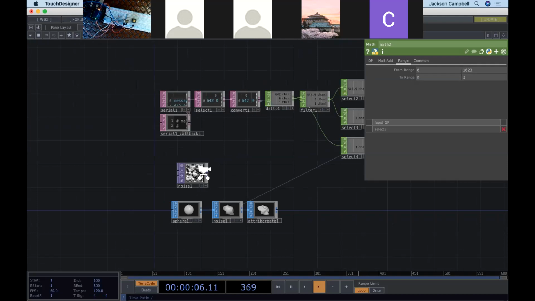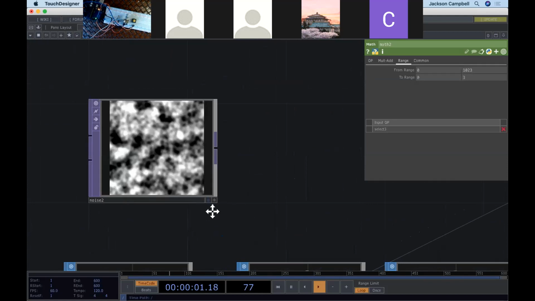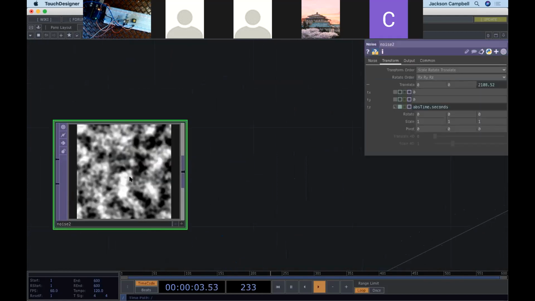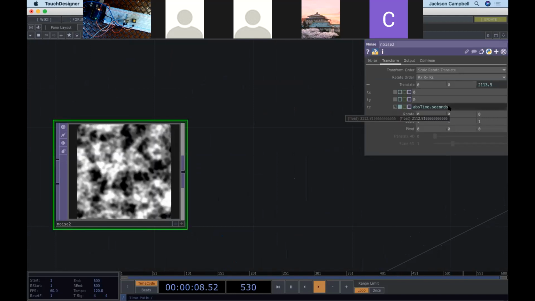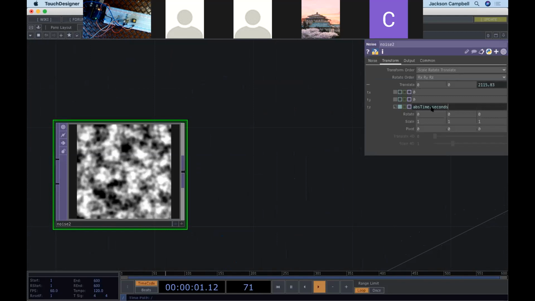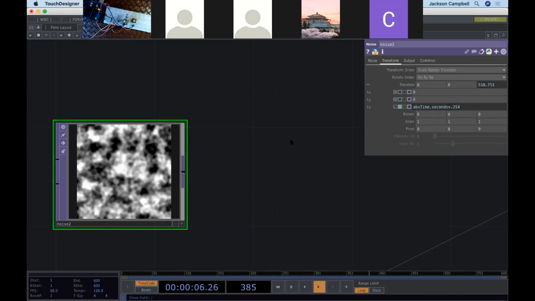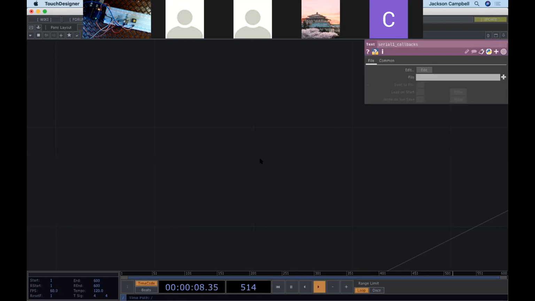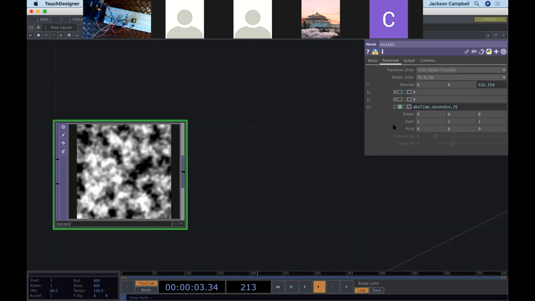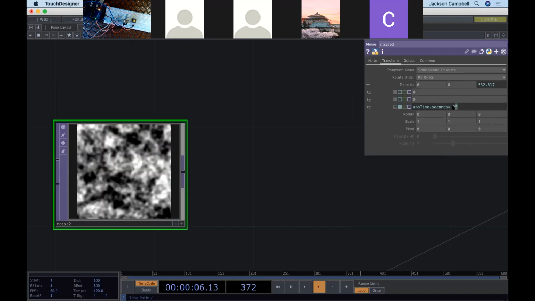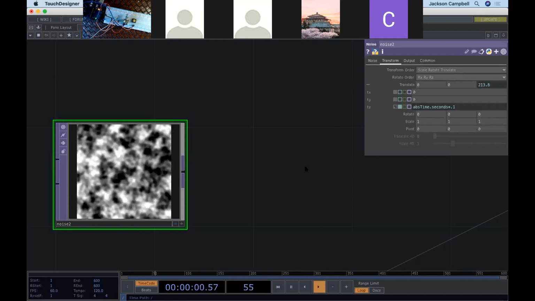So a lot of times when people are comfortable enough to wager a guess as to how to do this, they would say you could take that value and multiply it by your seconds here, right? If I said times 0.25, this should go, whoops, what happened? There we go. If I multiply this by 0.25, you can see it's going a quarter as fast. If I multiply this by 0.1, it should be going a tenth as fast,